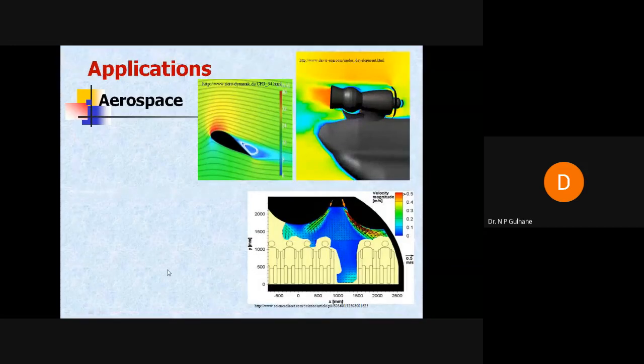This is one aerospace application, wherein we are trying to study how the aeroplane is lifted up, and how the gas turbine, which provides a tremendous amount of heat, gets cooled for economic reasons, how the fuel consumption will be minimum, and how all types of comfort are provided to the passengers inside the aircraft. So all that study can be done virtually in CFD analysis.